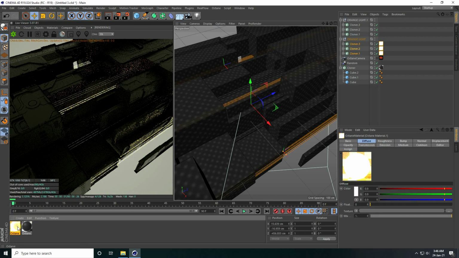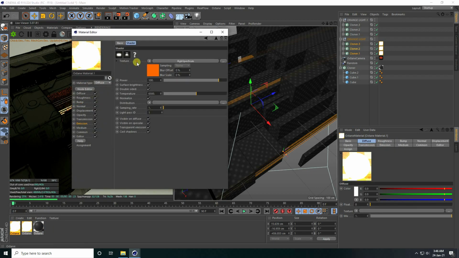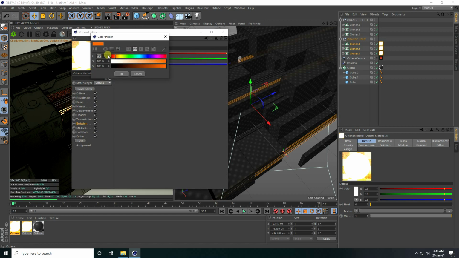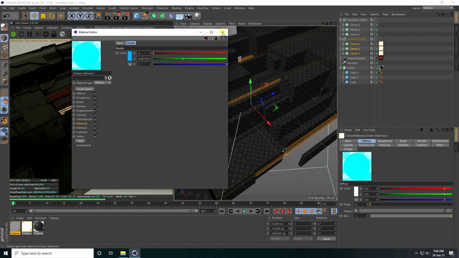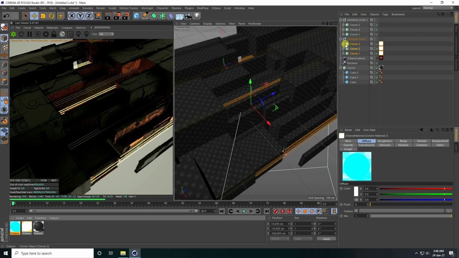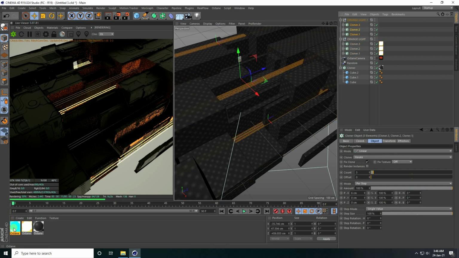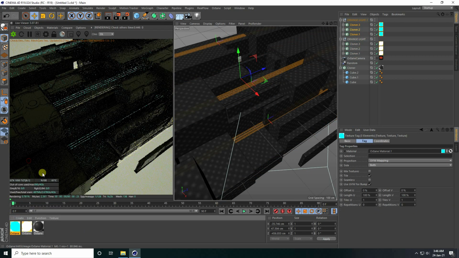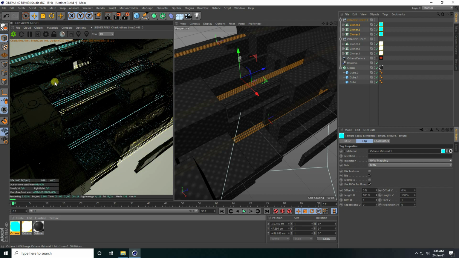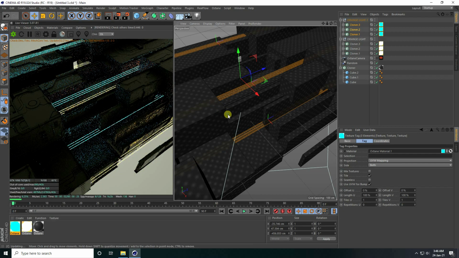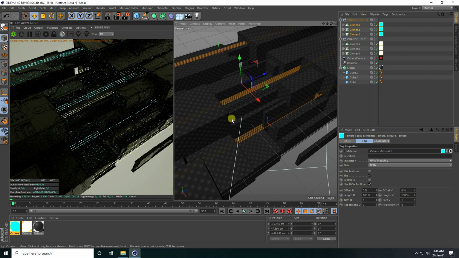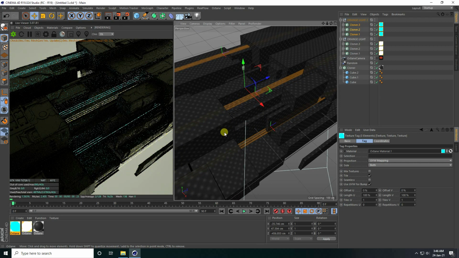Now copy this cloner and only change the color. I take blue. Close it and select the upper one blue, orange. See, that's my beautiful composition. And the camera angle is good.